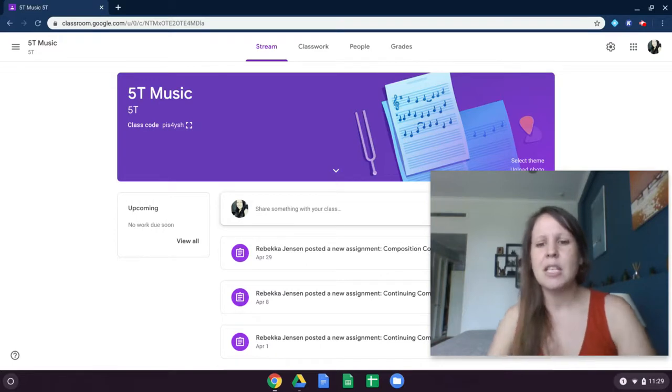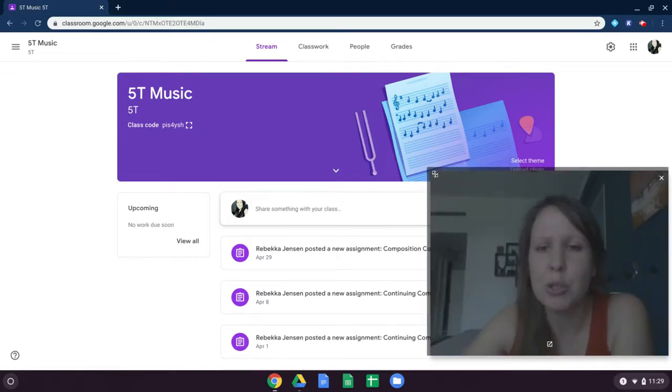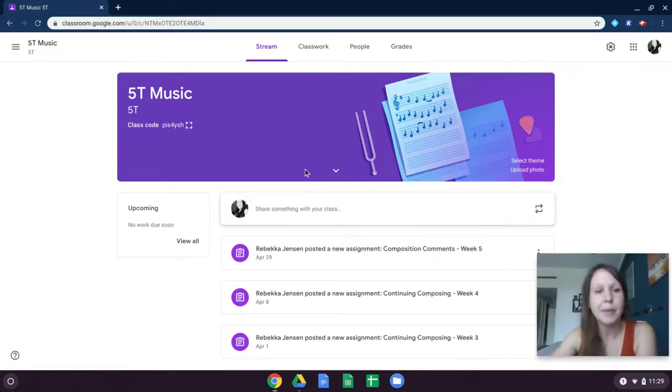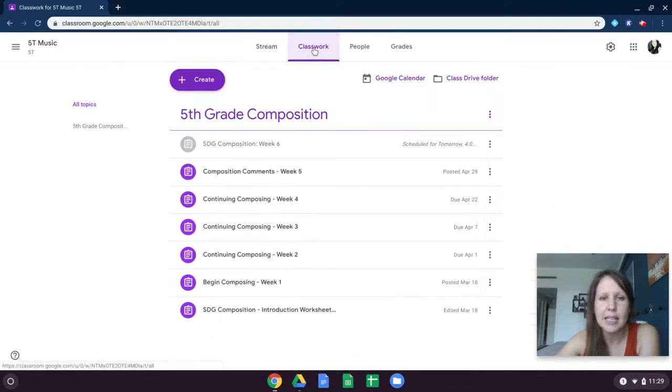So today what you need to do is you're going to go to your Google Classroom, and I'll make myself a little smaller here. For today, I just have 5T Music open, but go to your classroom. You'll click on classwork as you always have, and then find the SDG composition week 6. You'll notice on mine, this is the teacher one, mine is light gray right now.